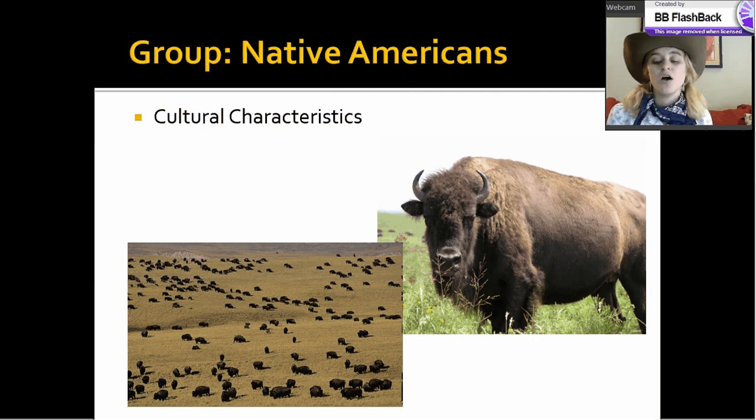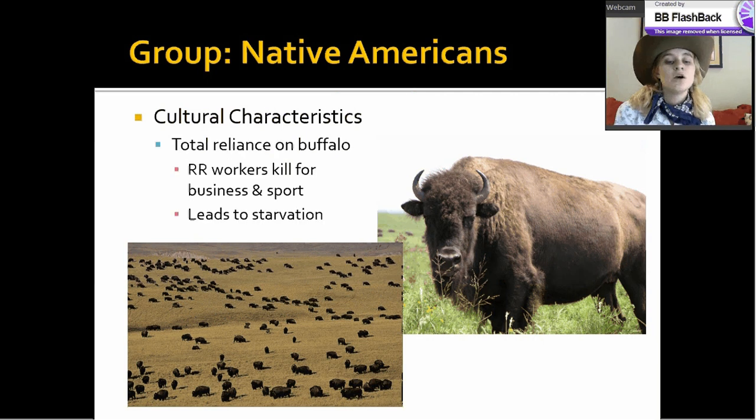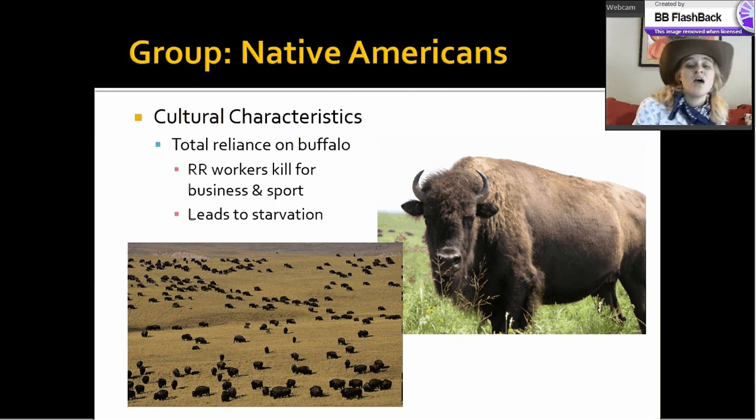So the buffalo really is what the life of the Plains Indians revolved around. The problem was, when the railroads started to move out west, railroad workers hired men to shoot the buffalo so that they could build these tracks, because they said the buffalo are getting in the way. It became almost sport for these guys to shoot these buffalo, and eventually it's going to lead to starvation of the Native American groups. So much so that some even willingly go to live on reservations to keep their families alive.